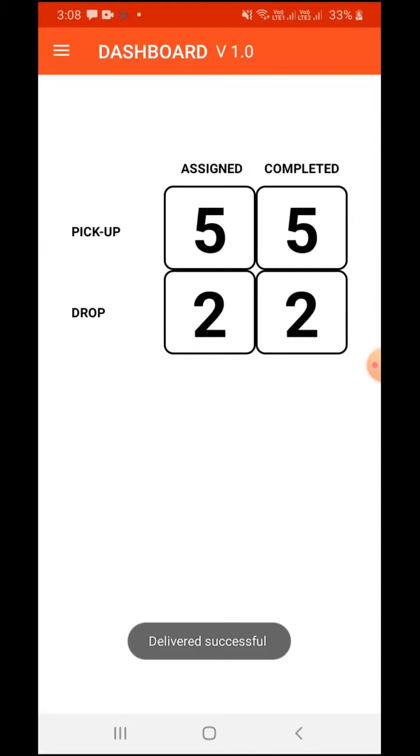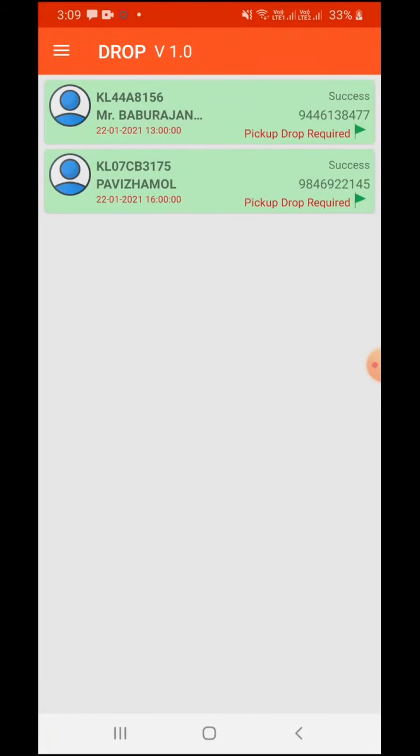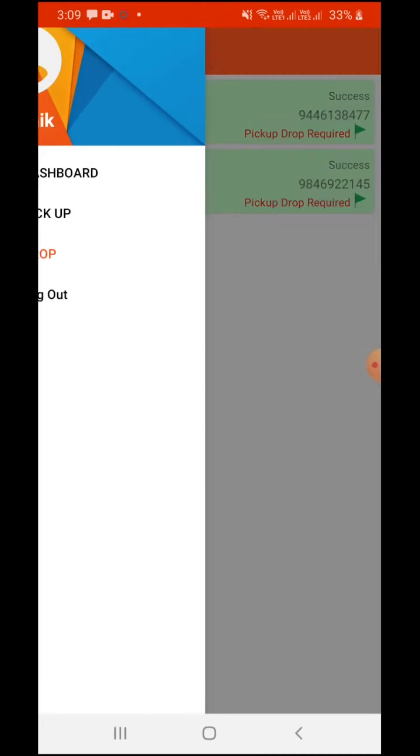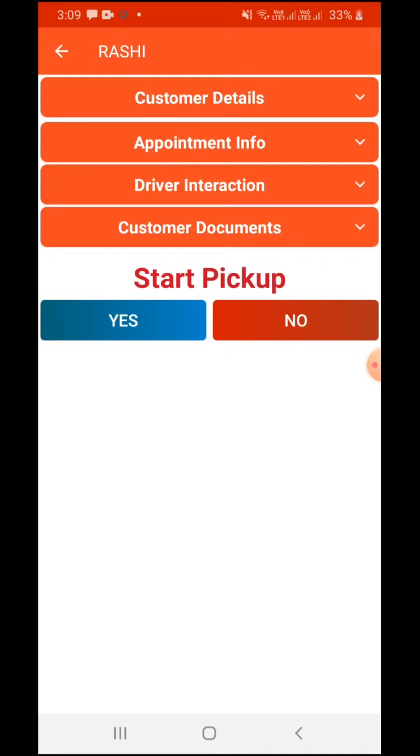Now the app again takes us to the dashboard to say how many cases there were in the drop, and out of that how many are converted or completed. So if I just click on this drop bucket again, I can see that there are two vehicles which have already been delivered to the customers' places. So if I want to see one more workflow that is there, let's go to the pickup bucket